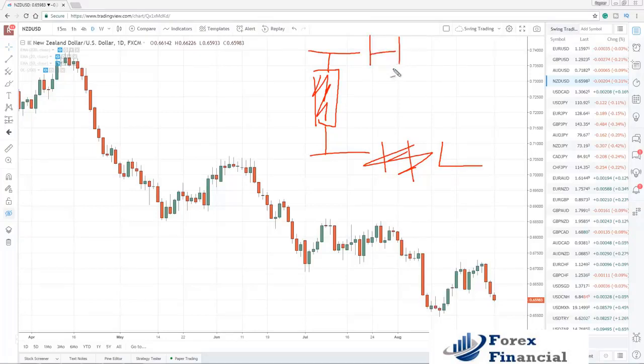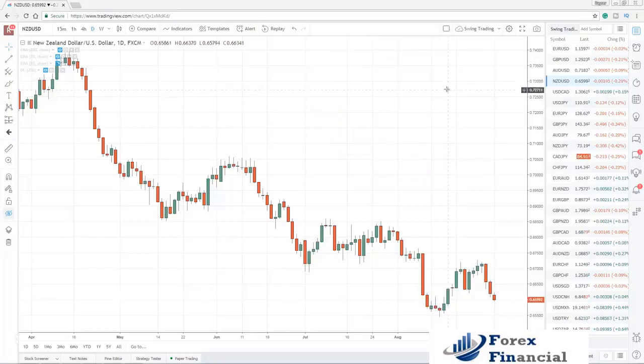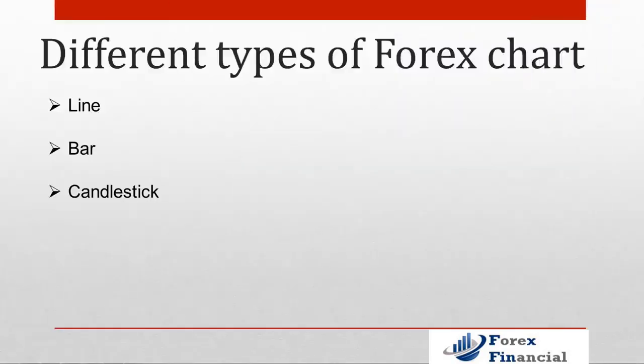If you recall, for the bar to be bearish, the open has to be on top. And this is the close. Price closed lower for the day. Does it make sense? Then let's move on. So now that you know how to read the different types of Forex chart,